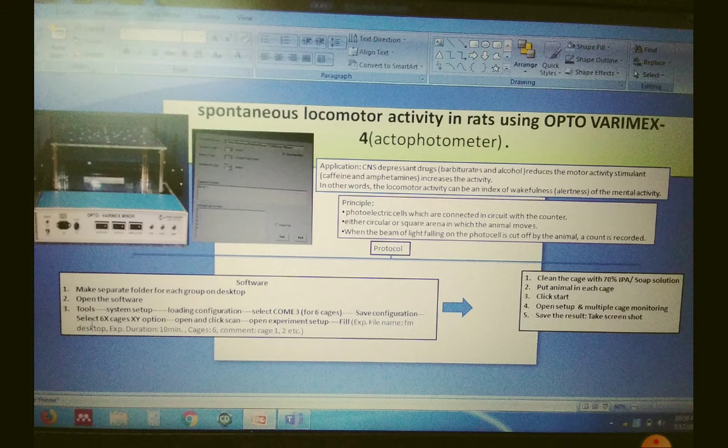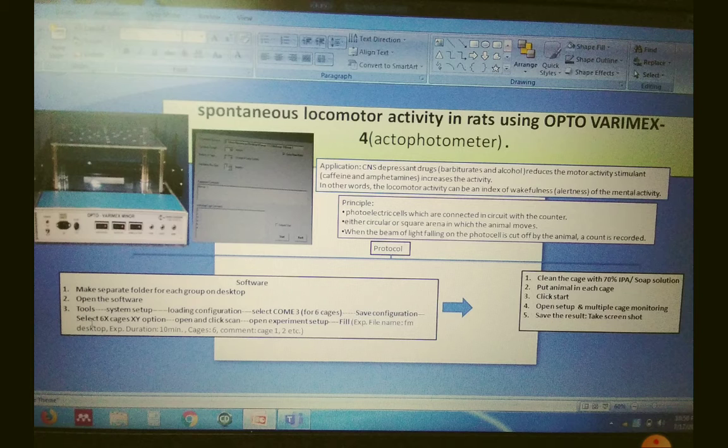And the principle is, the beam of light falls on the photocell in a continuous manner, but once the animal moves, that beam of light will be cut off by the animal, and one cut off will be counted as 1, or recorded as 1, right?